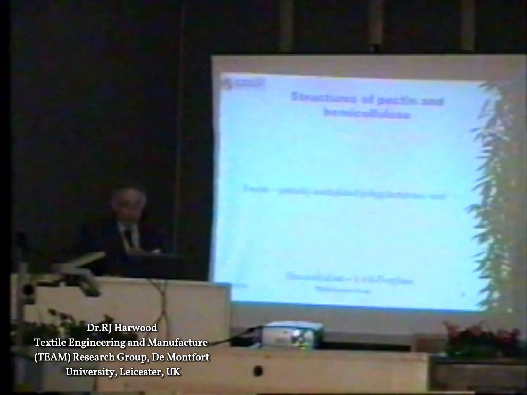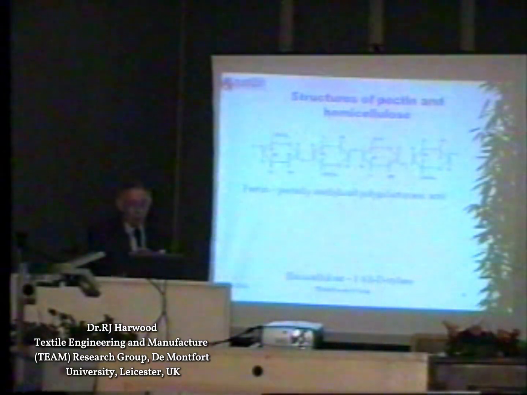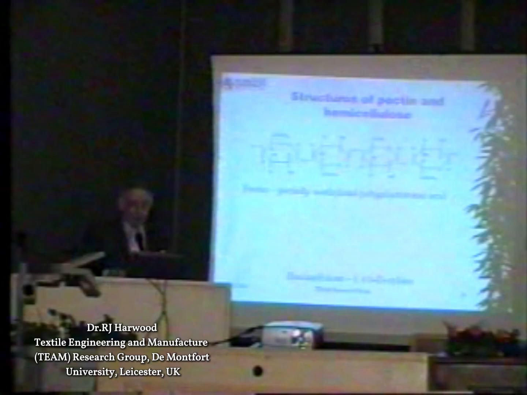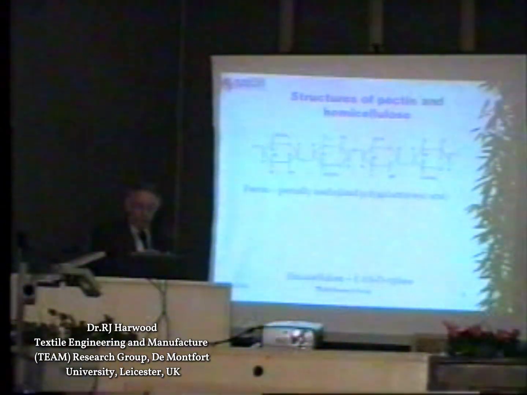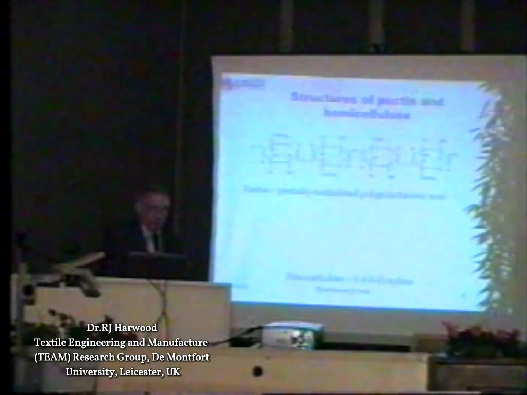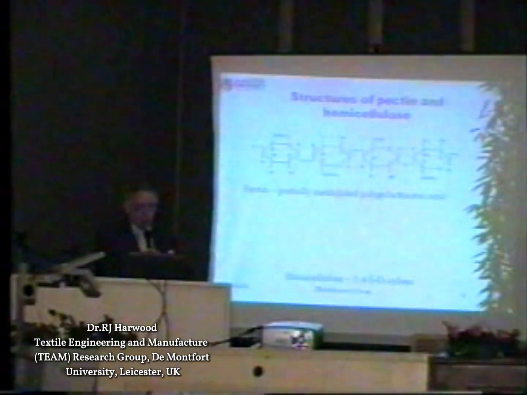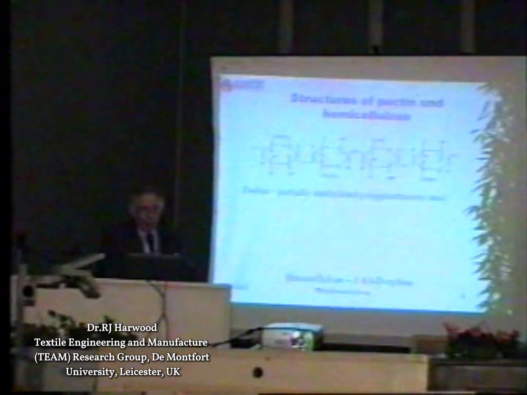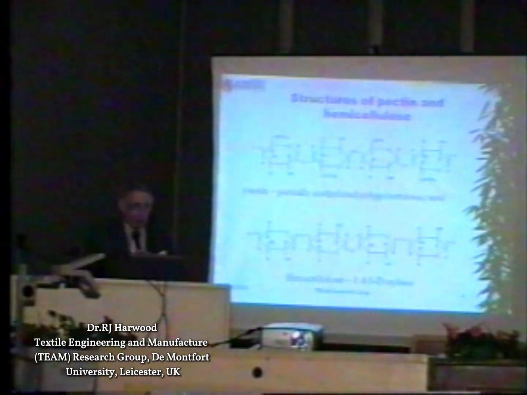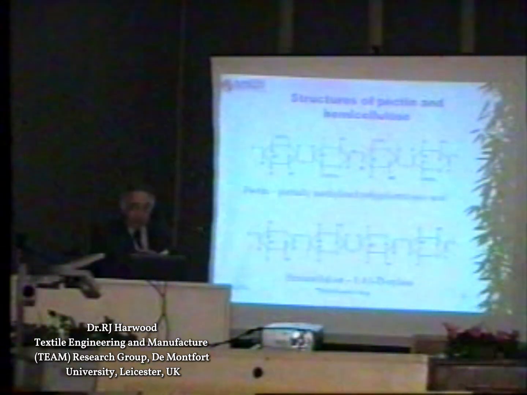For the chemists amongst you, pectin is generally seen as a partially methylated polygalacturonic acid. The important thing to note here is that we've got carboxylic acid groups that make this particular compound soluble in caustic soda. We heard earlier this afternoon, of course, that you can remove pectin using alkalis and other components. We see that hemicelluloses are nothing to do with cellulose. They have a completely different basic